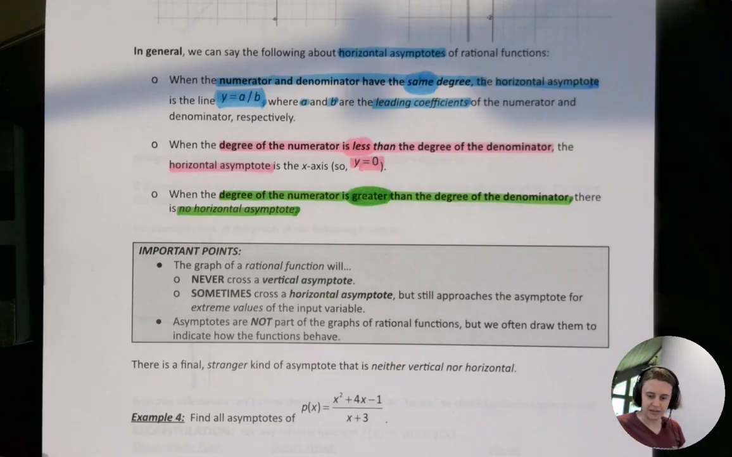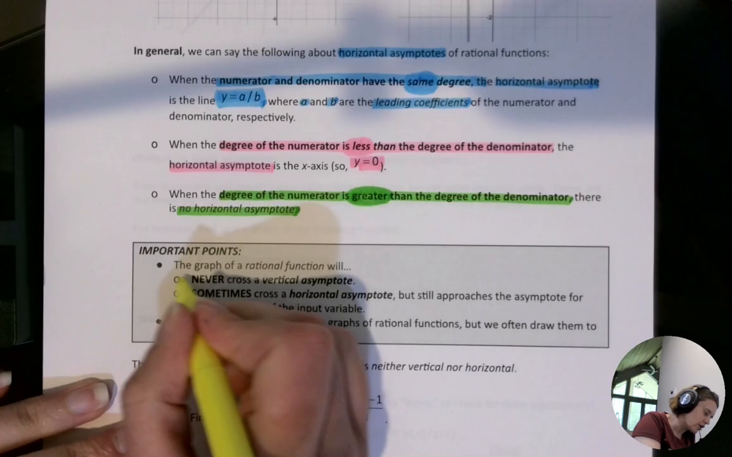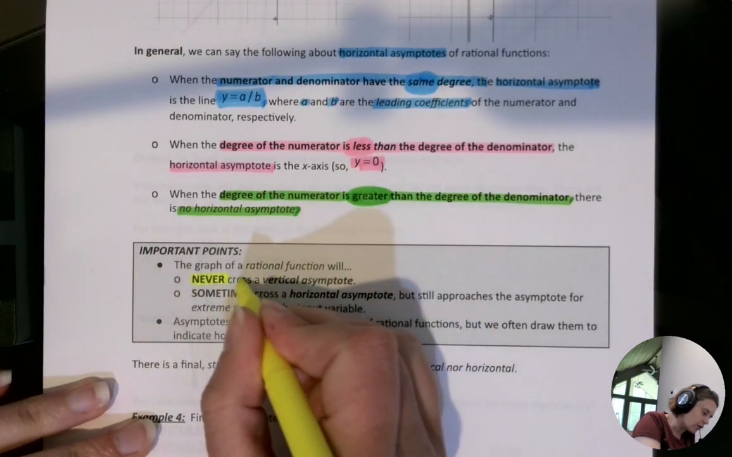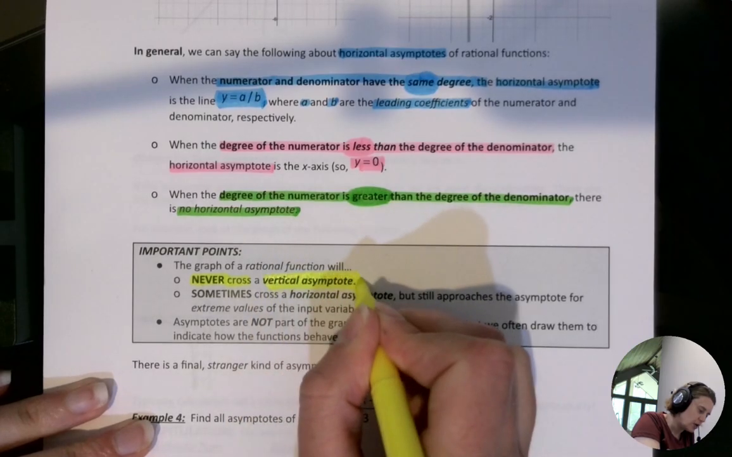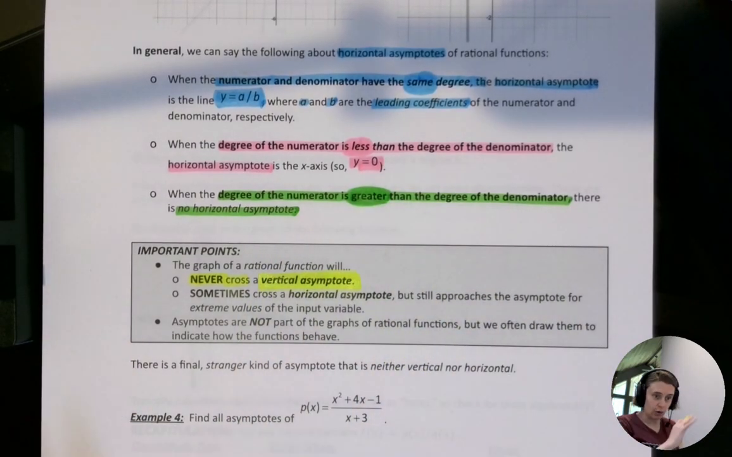Some important points to consider here. The graph of a rational function will never cross a vertical asymptote. So you can't go through a vertical asymptote. It's a domain exclusion. You can't go through it at all. However,